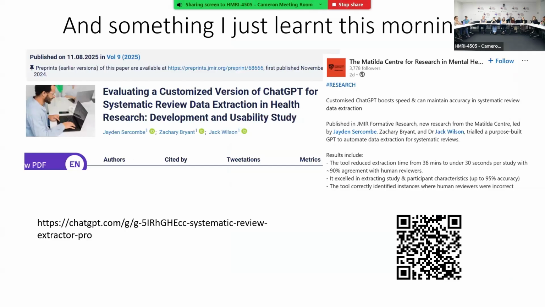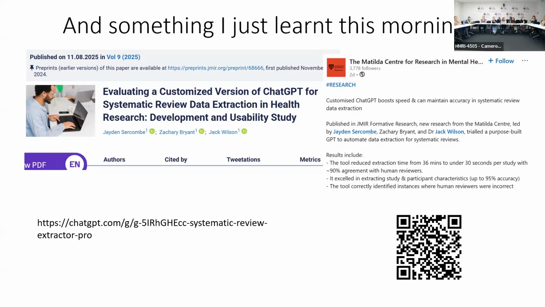Now, guys, something I learned this morning when I was drumming up business to get everyone excited for systematic reviews. I was talking to a friend, going, how exciting are systematic reviews? And she said, oh my God, have you heard of this work from the Matilda Centre where a group of PhD students clearly didn't want to extract the data, so they made an AI chatbot to extract the data for them, and then they've published on the feasibility or validity of this AI chatbot, so you can cite it in your methods, and they've also provided it free of charge, so it's open access now.